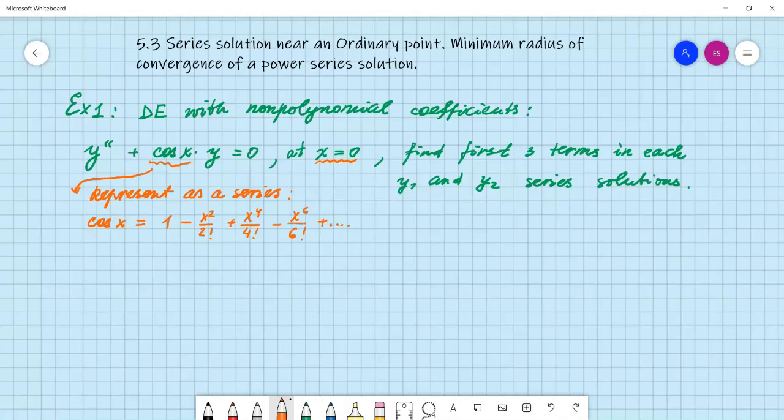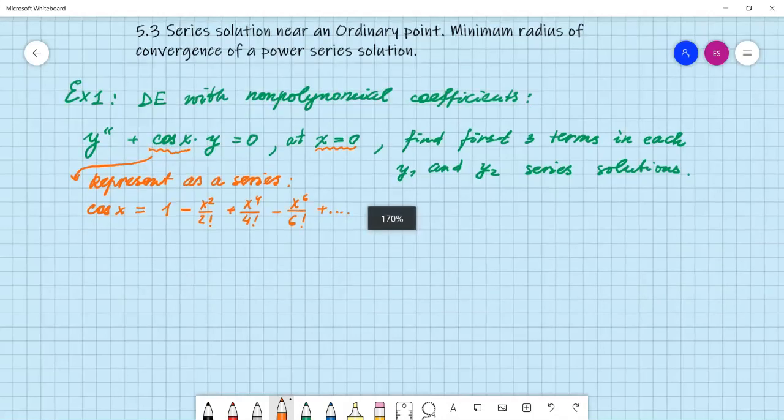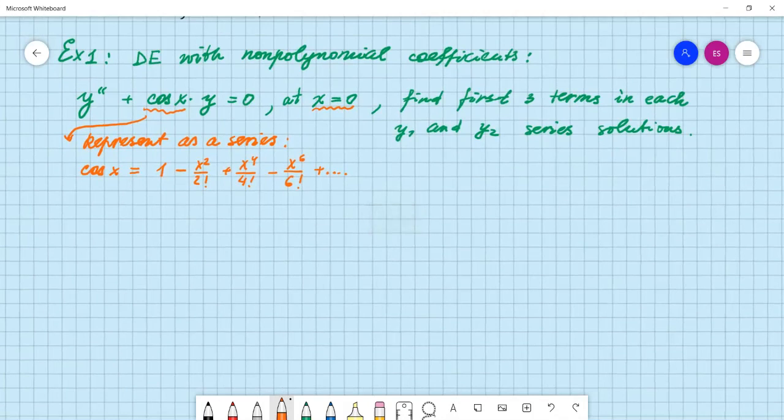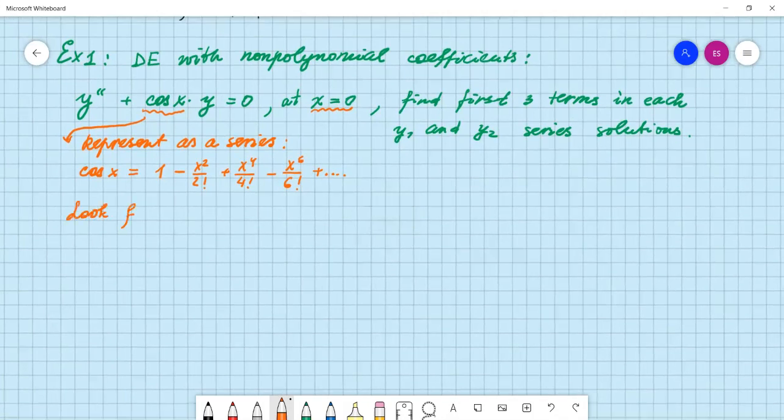Well, there are more powers. I just put the first 4 terms because I think that's going to be enough, but maybe I'm wrong. Now our cosine is not cosine anymore. It's just a polynomial. Yeah, infinite polynomial, but the series we are searching for are infinite too. So let's start to look for solutions. So we are going to look for solution